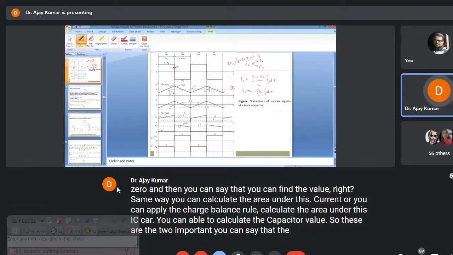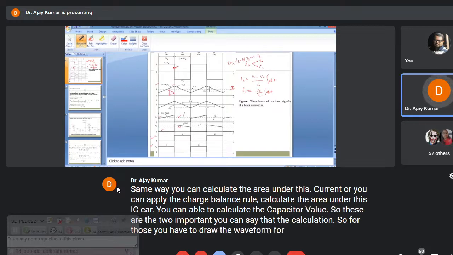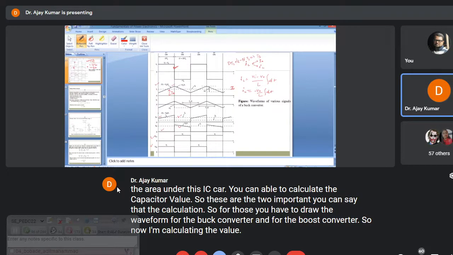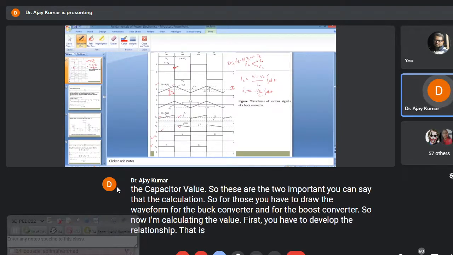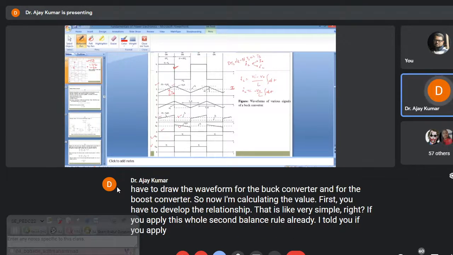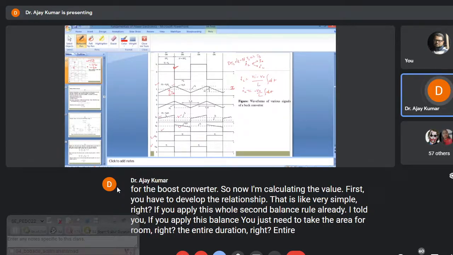For those, you have to draw the waveform for the buck converter and for the boost converter. So now I am calculating the value. First, you have to develop the relationship. That is very simple, right? If you apply this volt second balance rule, as I already told you, you just need to take the area for the entire duration. Entire duration means Vi minus V naught will be the